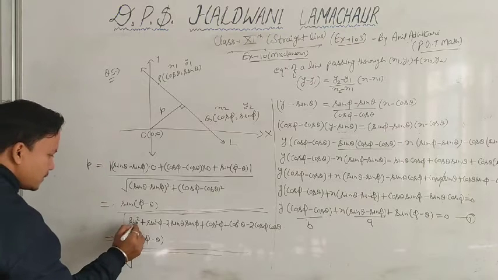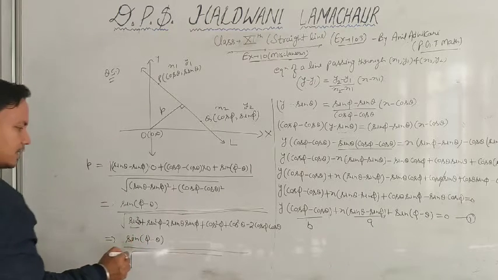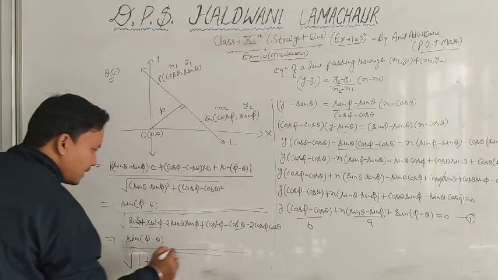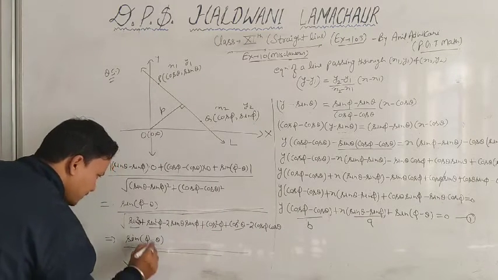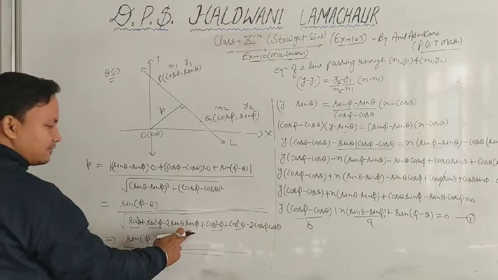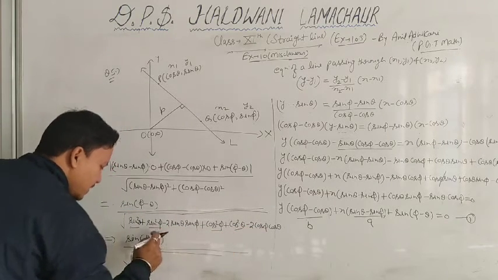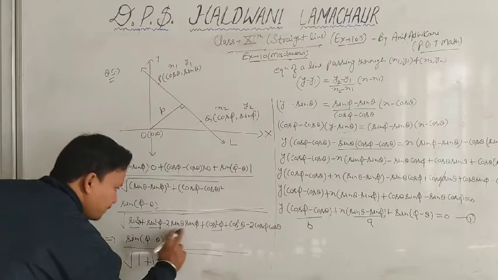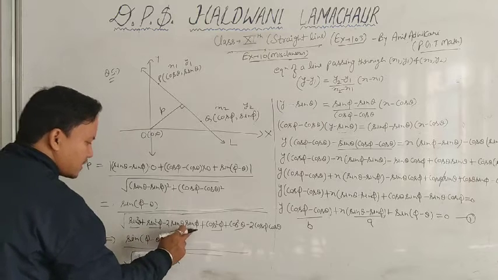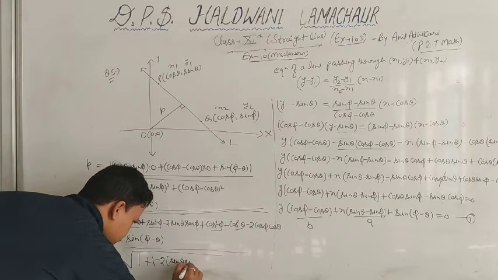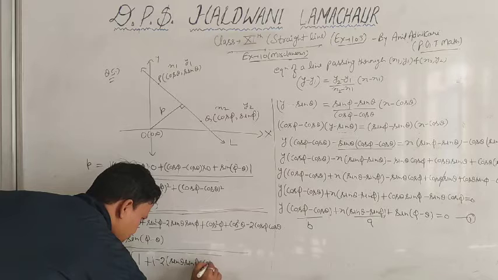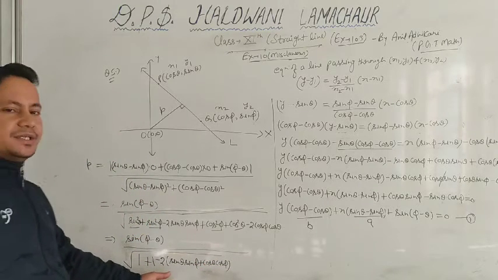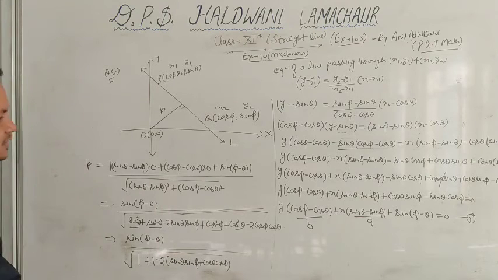See here, this will be sin square theta plus cos square theta, which is 1, plus sin square phi plus cos square phi, again 1, and here minus 2 sin theta sin phi minus 2 cos theta cos phi, we can take minus 2 as common. So what we get from the denominator, now what we get in the bracket: sin theta sin phi plus cos theta cos phi, and this is the formula for cos theta minus phi, sorry, cos theta plus phi.